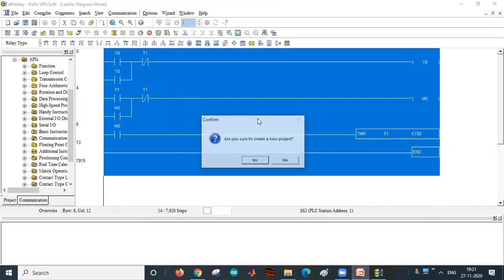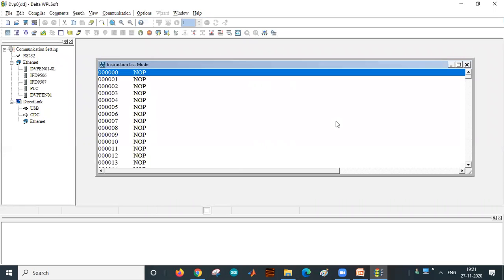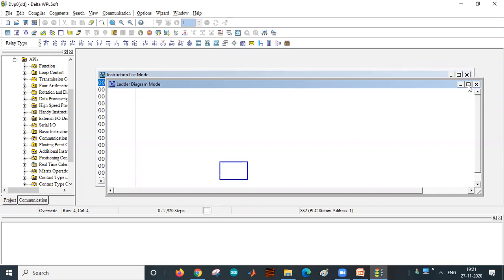You take a new file. Here you have to select the SS2 model. The program title is your wish, anything you can keep here. We are going to write the ladder diagram program.